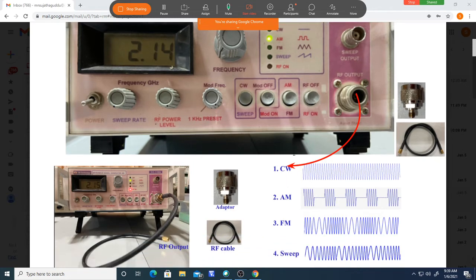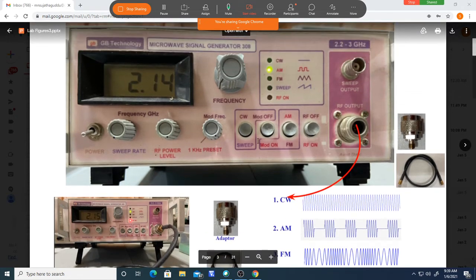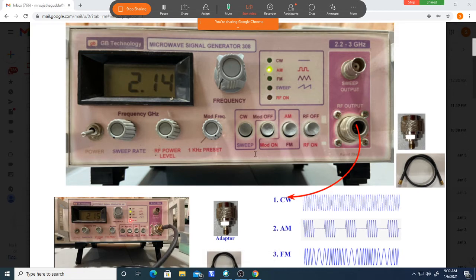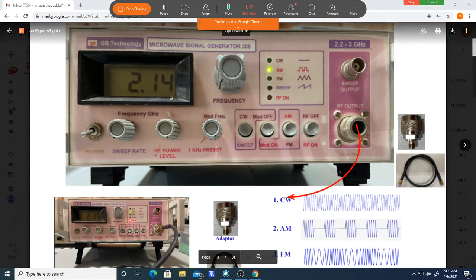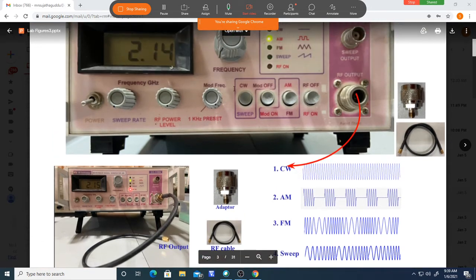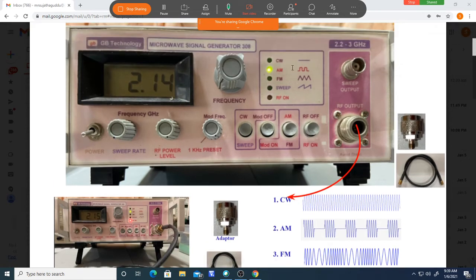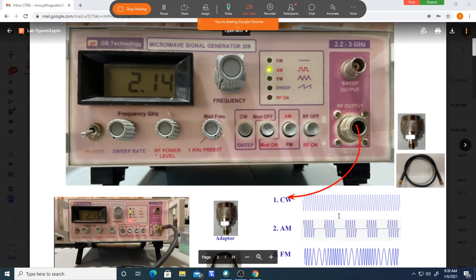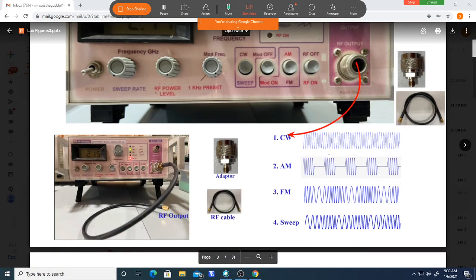We can choose like that, or we can go for a sweep also. Sweep means if you release this and release these two also, we will be getting a sweep waveform. Sweep means this type of one. These applications we are not using, so don't bother about those buttons. Keep it released, and actually we are only using the AM modulated signal like this that we are taking out of this. Not continuous, I will tell you why.